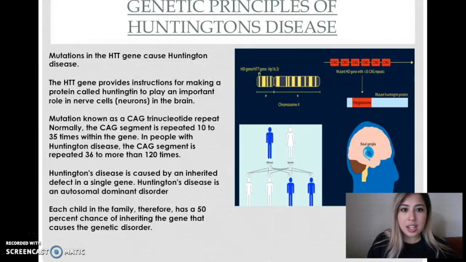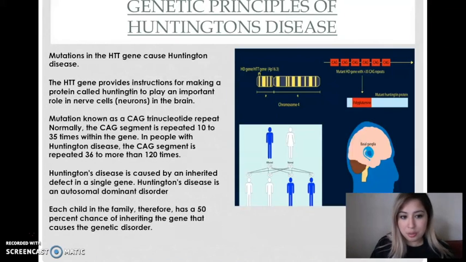Just a general summary on why it happens. It's a genetic brain disorder, and it happens by a mutation in the HTT gene. That gene is responsible for providing the role for the nerves in the cell, so the neurons, specifically in the brain. The mutation is known as a CAG